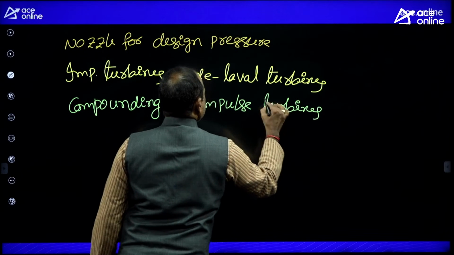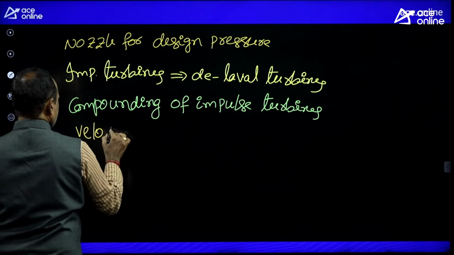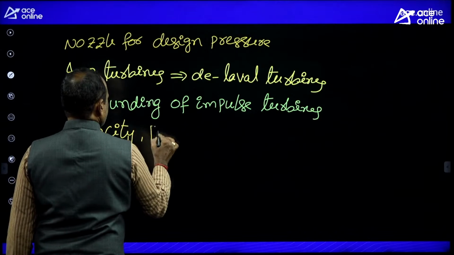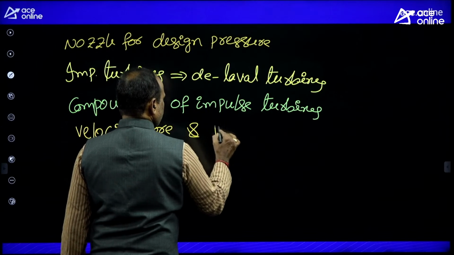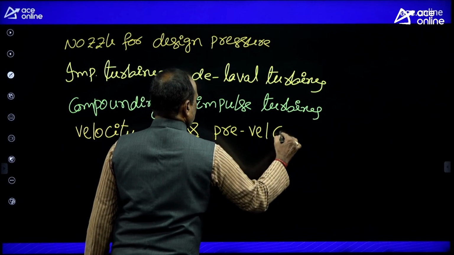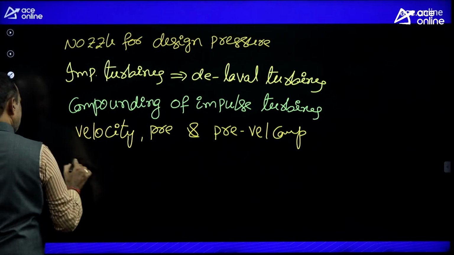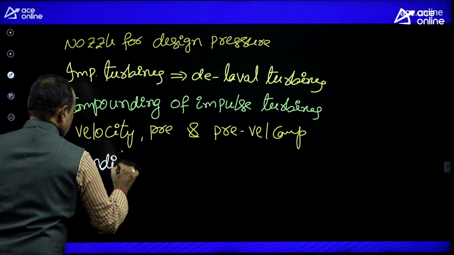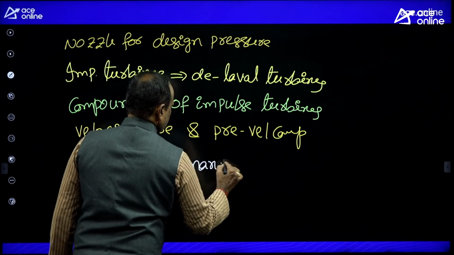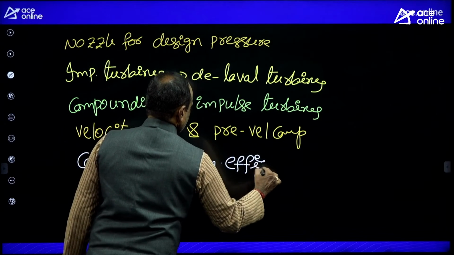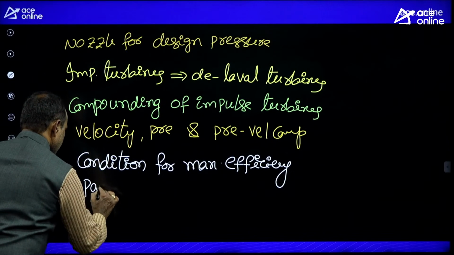There are different compoundings like velocity compounding, pressure compounding, and pressure velocity compounding. Then reaction turbine, a condition for maximum efficiency. Then reaction turbine like Parsons reaction turbine,